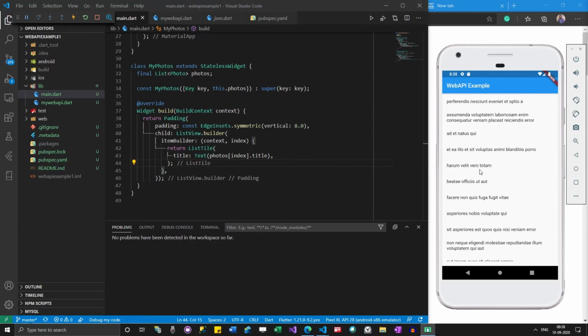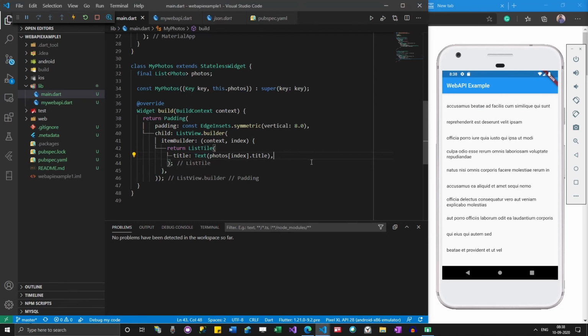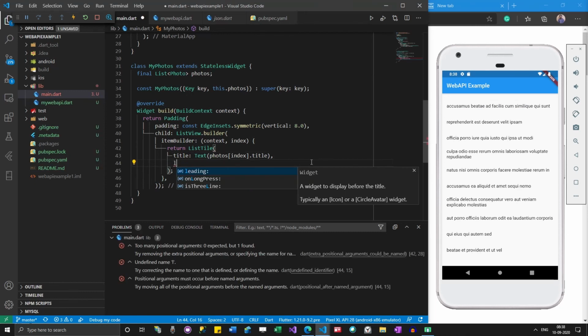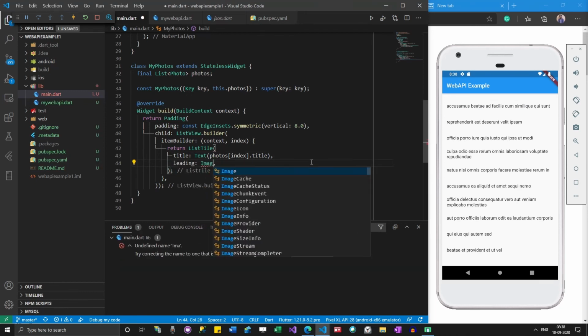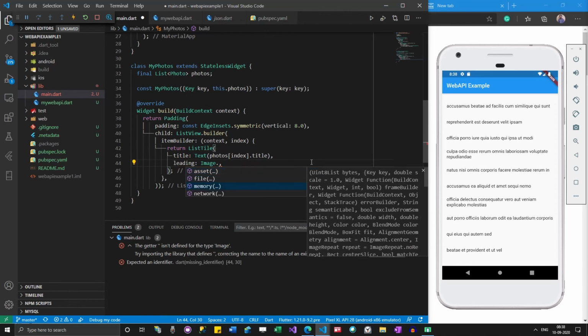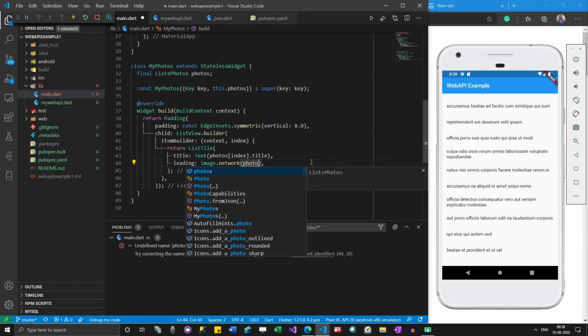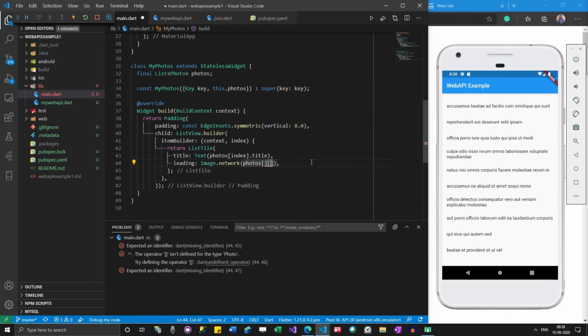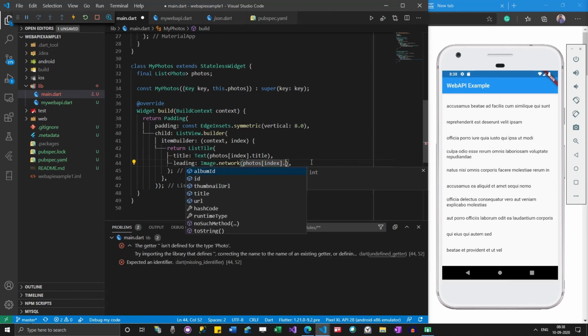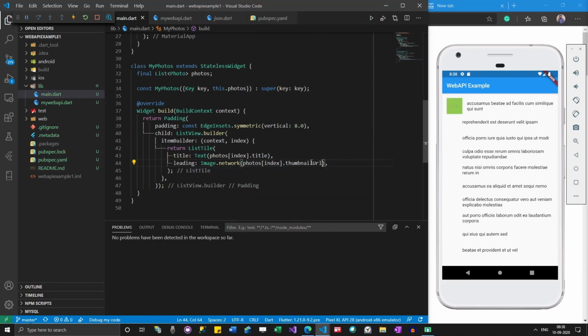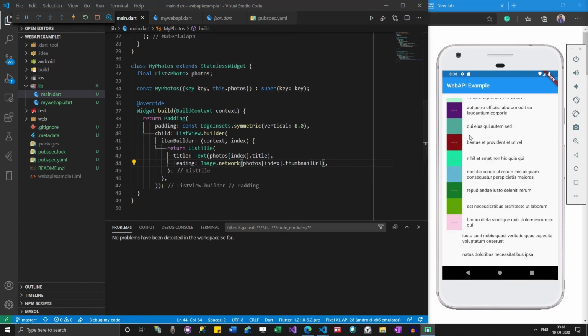Now you can see all the titles are being populated. So now I have images as well.